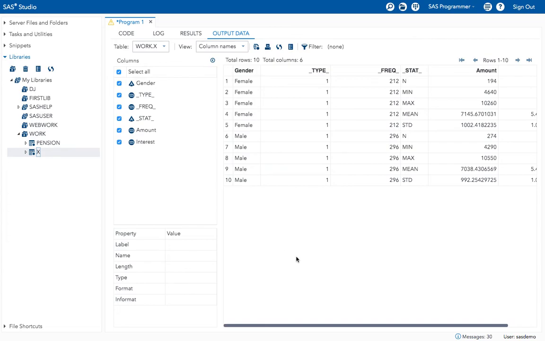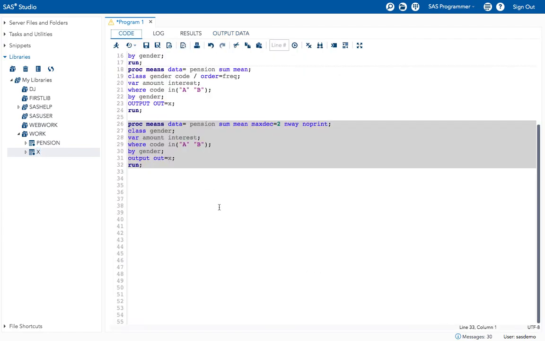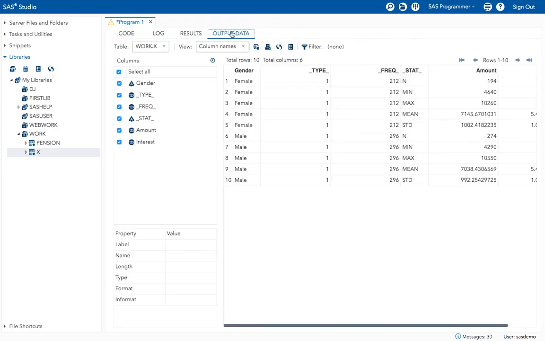And the next one is printing and keeping specified statistics in the output data set. See, in the output data set, here it is printing all the n values. N is nothing but the non-missing values, minimum, maximum, mean, standard, right? Now I want to specify to keep only specific statistic values. How can I do that?